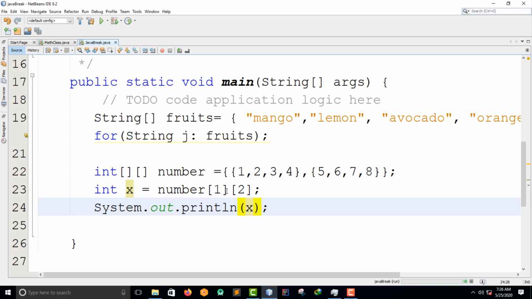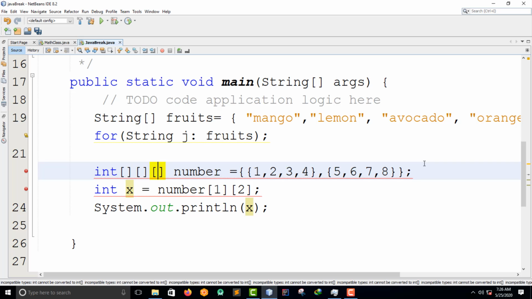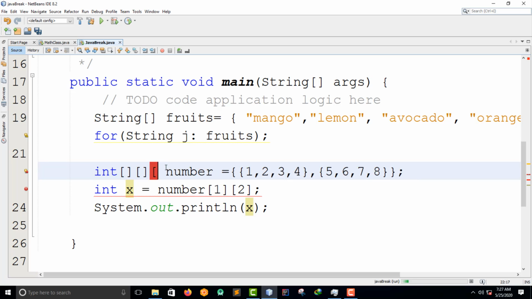Okay, simple. You see, the first index here actually specifies the index of an array, right? For example, if we had another array here, sorry to do this, maybe this way you can understand. Then I have another set of numbers. You see, this one is this one here, and this one is this one here. For the third one, we will have something here. Let me remove it. Now you understand.